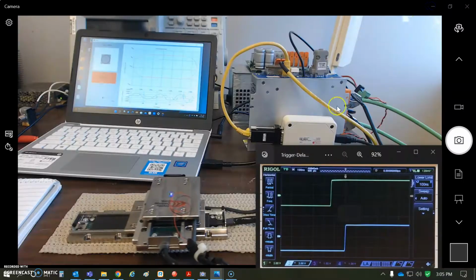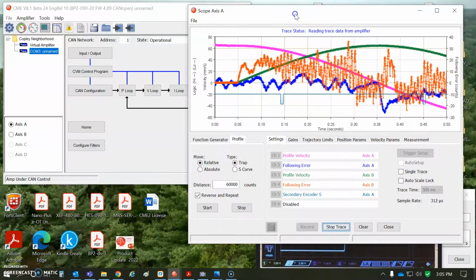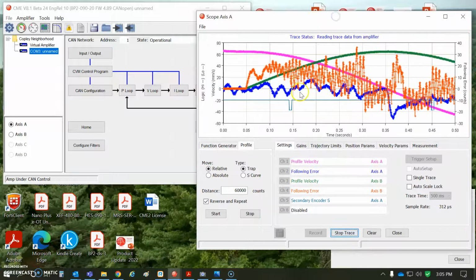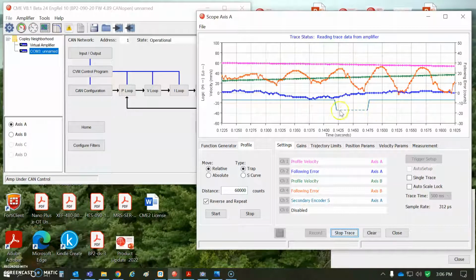So we'll take a look at CME here, it is up and running, connected to the drive over the serial port, while the master is sending its commands. And you can see there's the path, the profile velocity of the A-axis. That's the longer run. And then there's the profile velocity in green, of the B-axis, which is the Y. And it's a short little move in Y and then X. And you can see that along that path, we've calculated the position we're going to fire the output, and at the right count,